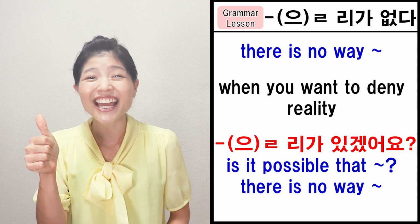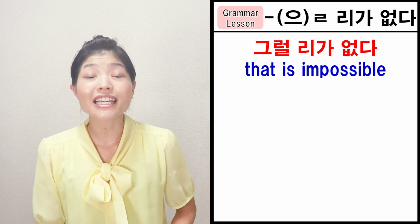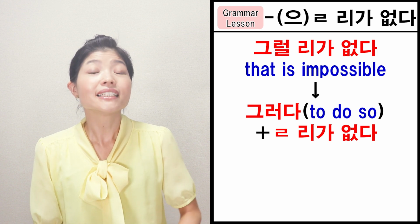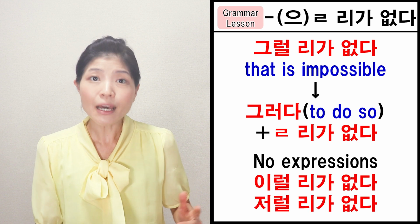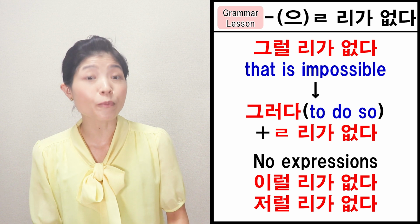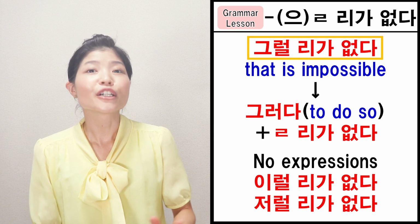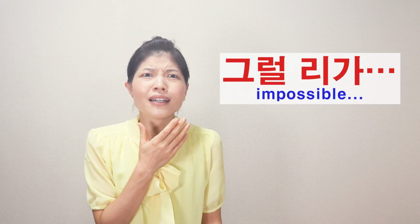Do you get it? Also, Korean people often use 그럴 리가 없다, that is impossible, as a phrase. It is made up of 그러다, to do so, and ㄹ 리가 없다. Somehow there are no expressions such as 이럴 리가 없다 or 저럴 리가 없다. It is always 그럴 리가 없다. So keep it in mind. Characters in dramas often say 그럴 리가...